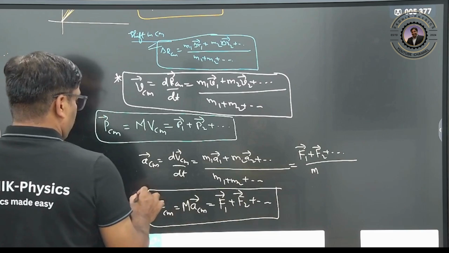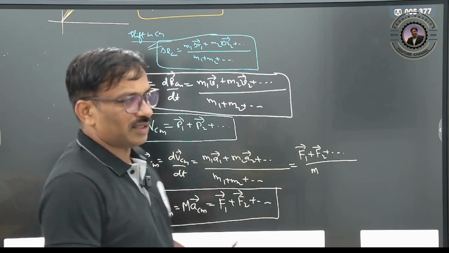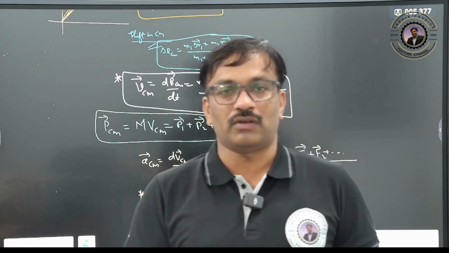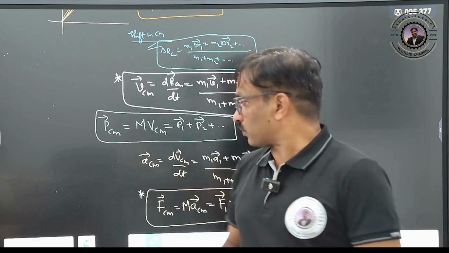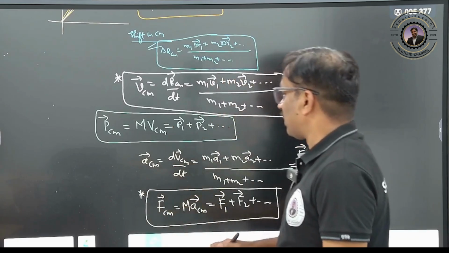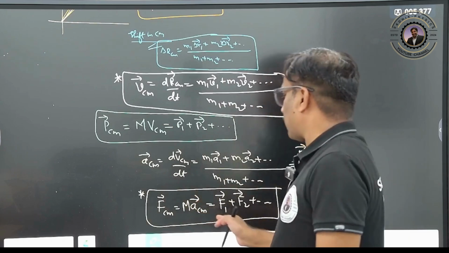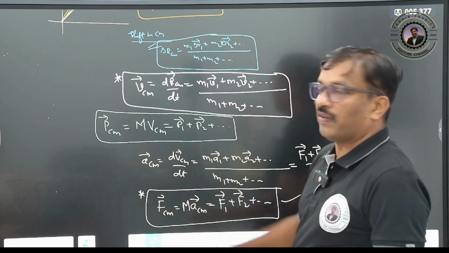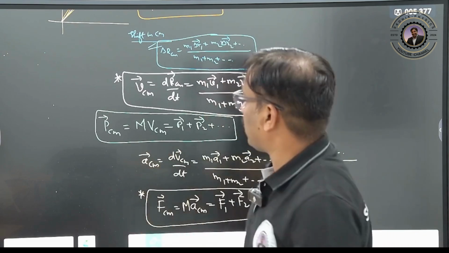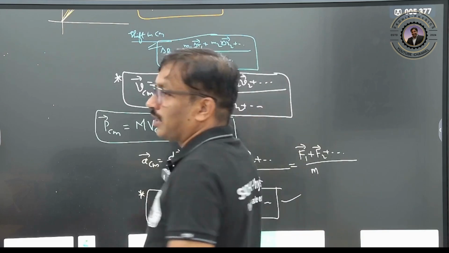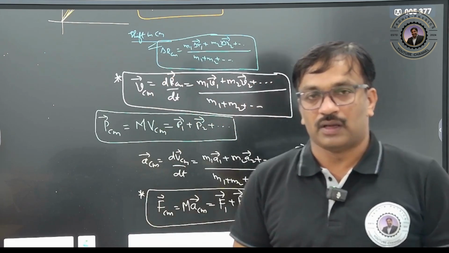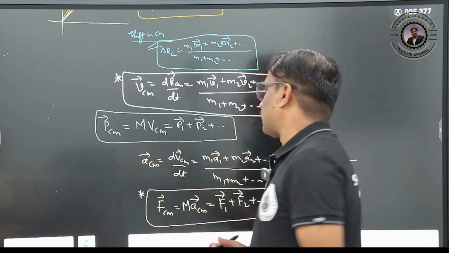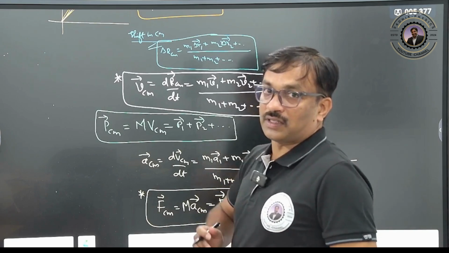So in this way, as I just told you, if an object undergoes pure translational motion, we should exert the force at the center of mass, which will be equal to the force acting on the first particle plus the force acting on the second particle. Even conservation of linear momentum will take place. I already discussed conservation of linear momentum, with problems and everything, in the past video, please check it. Based on the law of conservation of linear momentum,